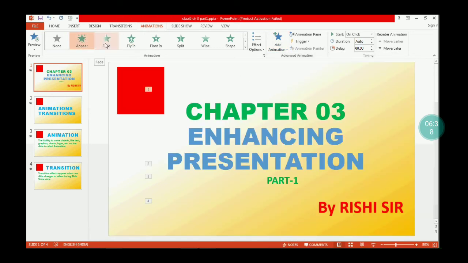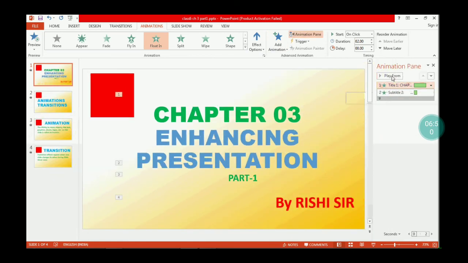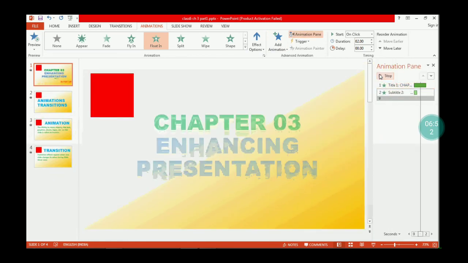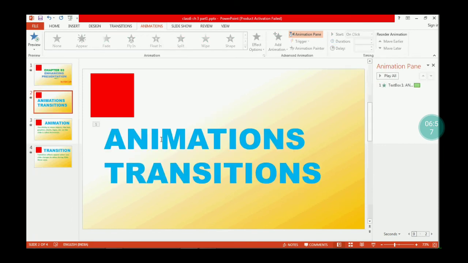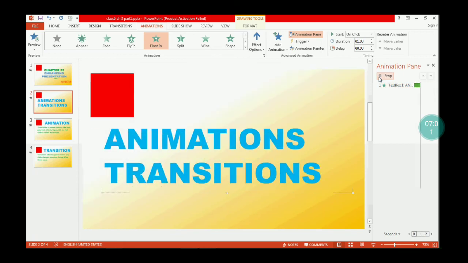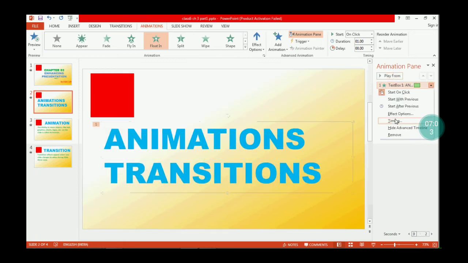For example, this Appear and Fade In will look like this, and you can change the duration by clicking on the box. Different kinds of animation, you can play them here from effect options. You can change the animation effects. This is the second kind of animation here.